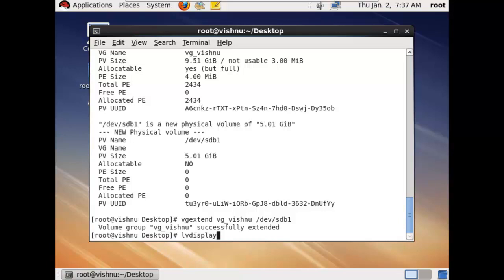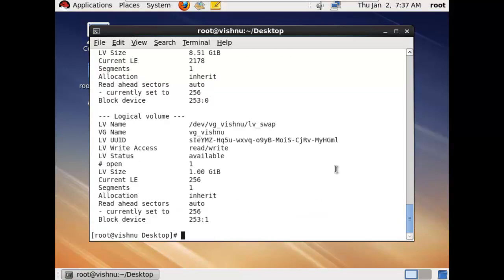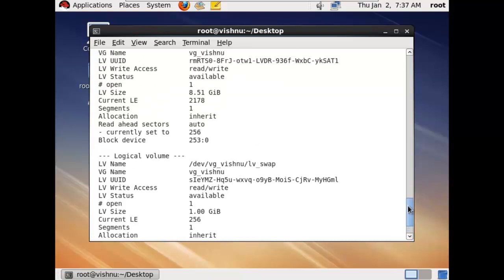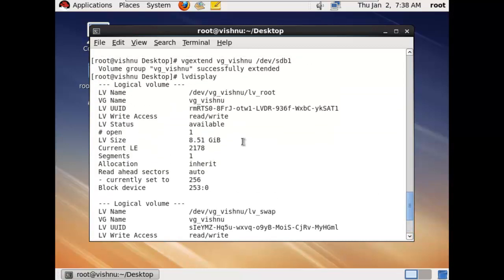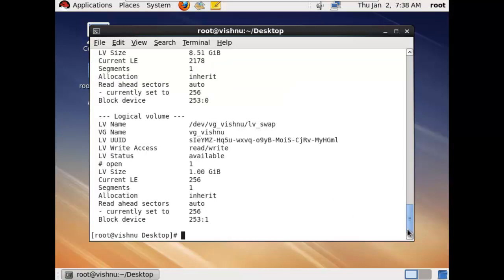In order to know that, we will write lvdisplay, and here guys, you can see the current space of this LV_root, which is the name of the root drive, is 8.51 GB. After extending with SDB1, this size must change. So guys, for extending the size of this root volume, we will use the command lvextend